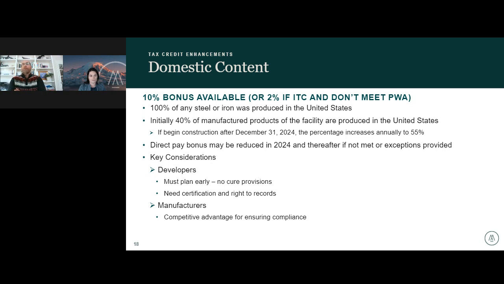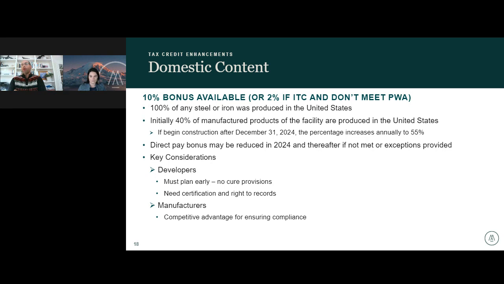And you do need some certification from your suppliers and ideally a right to go in and take a look at some of that backup documentation so that you can, like I said, demonstrate to the IRS that you're meeting the domestic content requirements. On the manufacturing side, we're seeing manufacturers that are actually getting ahead of this idea, thinking,